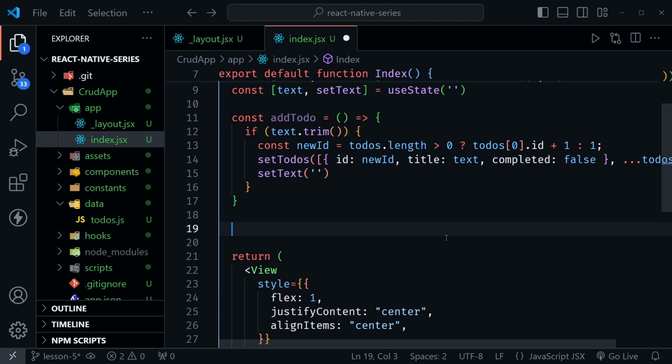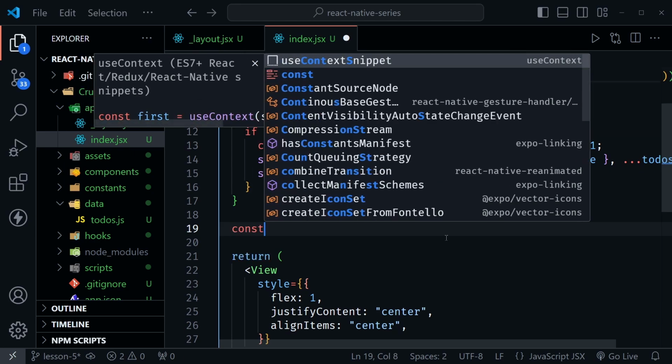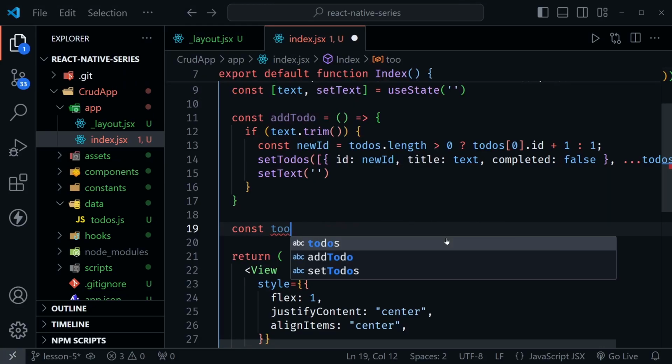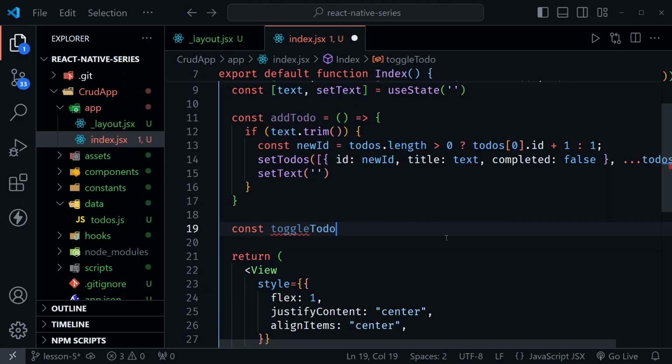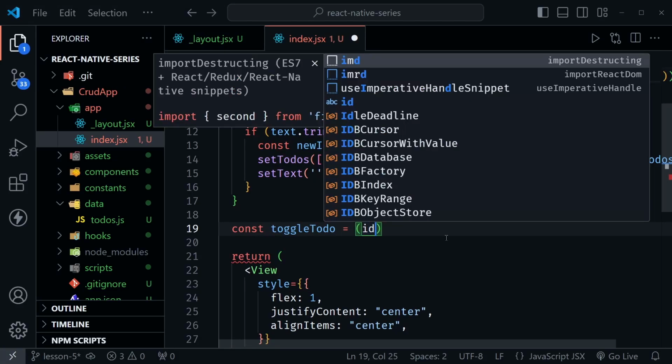So we've got create, read, and we'll do that with a flat list if you remember learning about those in the previous lesson. So we'll have a render item for the flat list. That will be the read. Now the update would be a toggle. So we're going to toggle whether the to-do is completed or not. So this function receives an